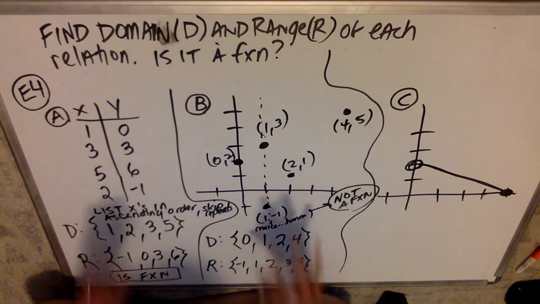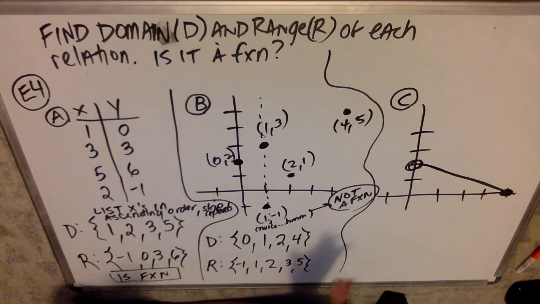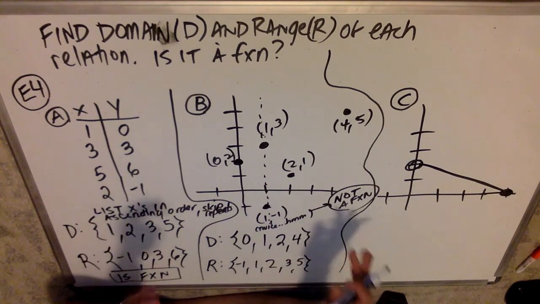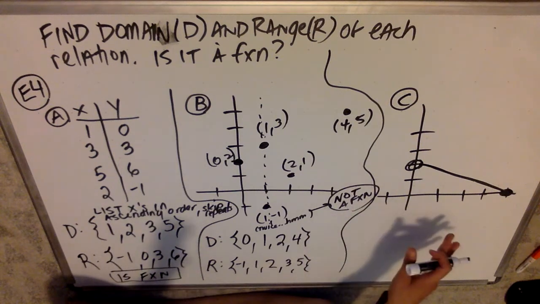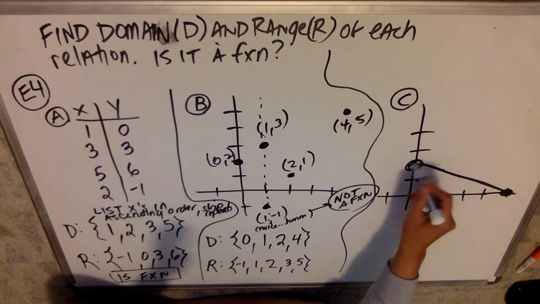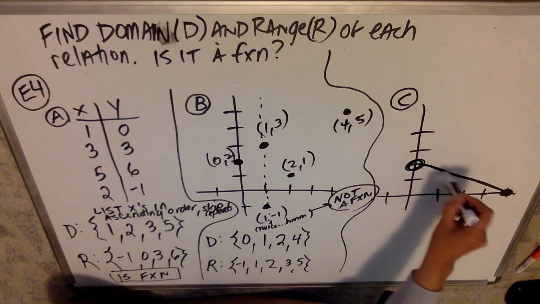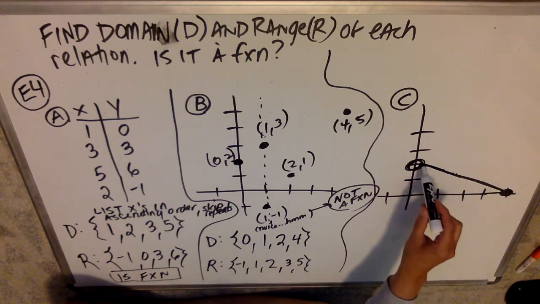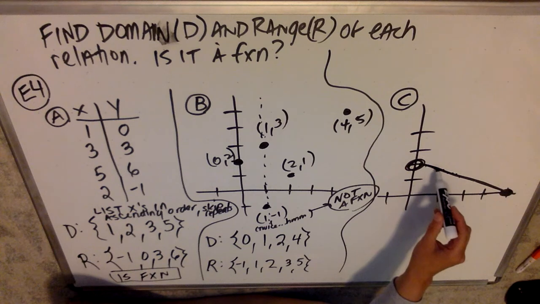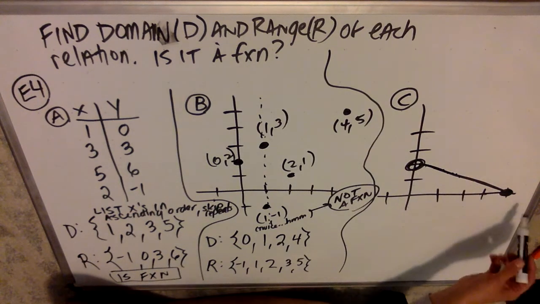So here's the problem. Both of these are lists. That's what these braces are, right? The squiggly brackets that are called braces, those are lists. It's a list of numbers, right? But this isn't a list, because there are infinite x values in here, right? We get very close to this open circle but don't actually reach it, and then every x value on this line segment. So 0.00001, 0.001, 0.002, 0.7, all of the x's, infinite x's along this line are part